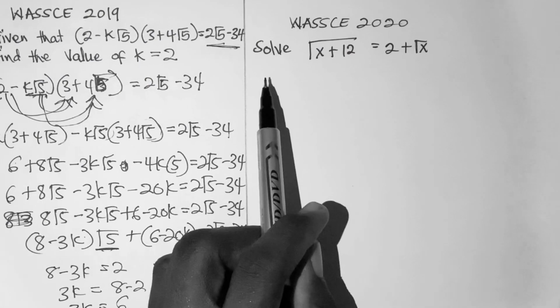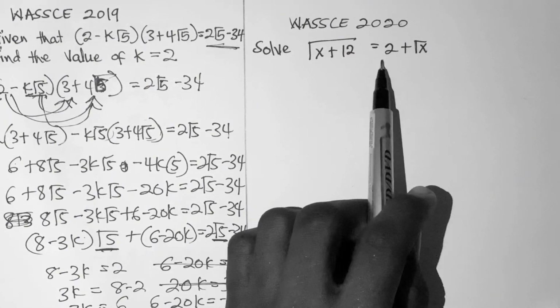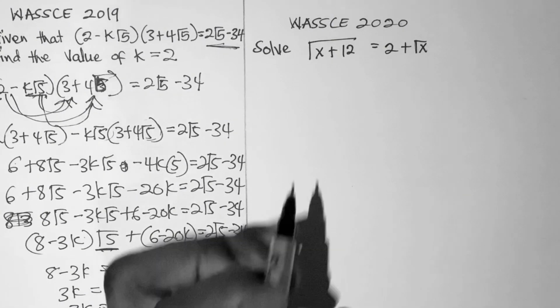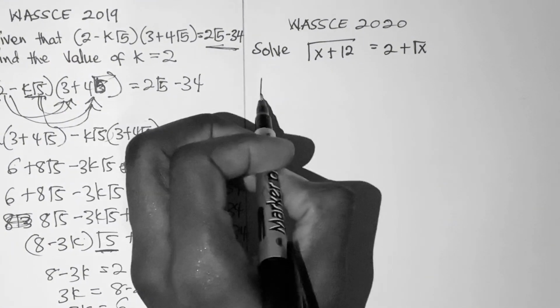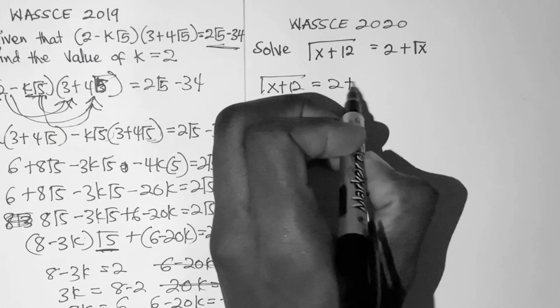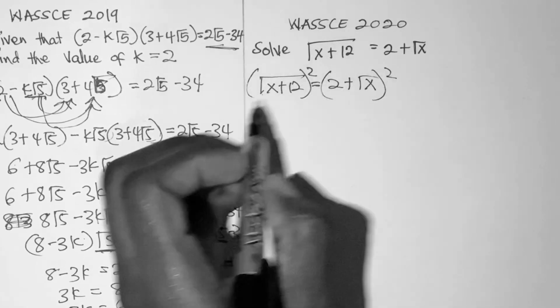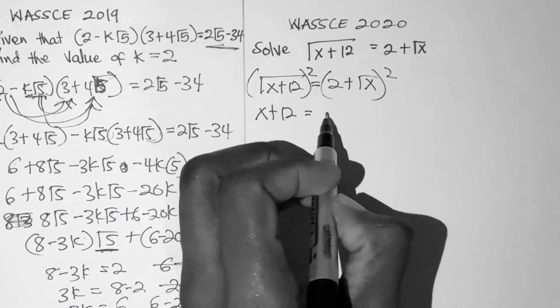So we have this other question here, which is: solve square root of x plus 12 equals 2 plus root x. You can pause the video and try. So this is straightforward. The question is square root of x plus 12 equals 2 plus root x. So we square both sides. Here becomes x plus 12 equals 2 squared, which is 4,